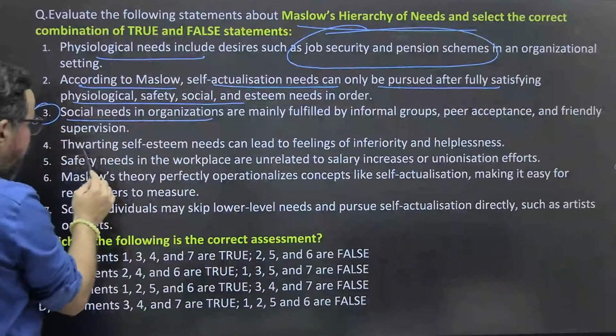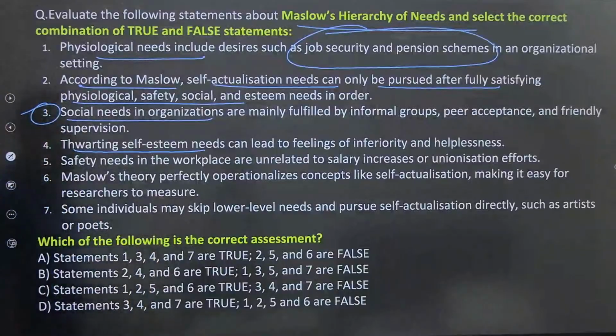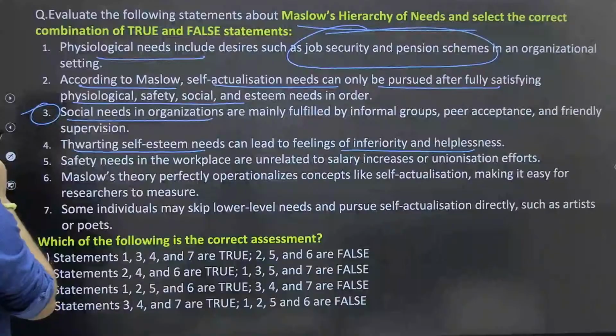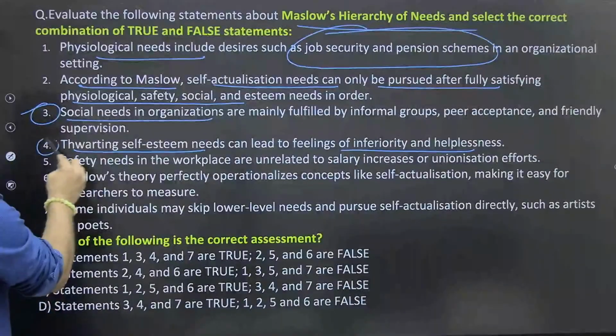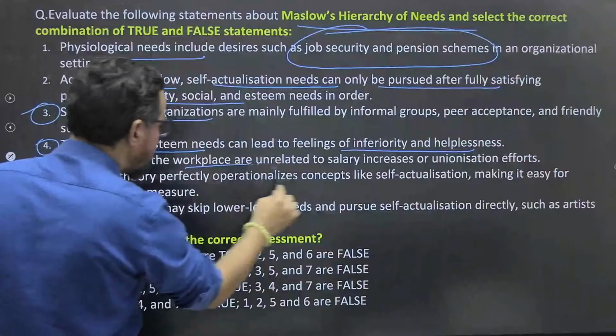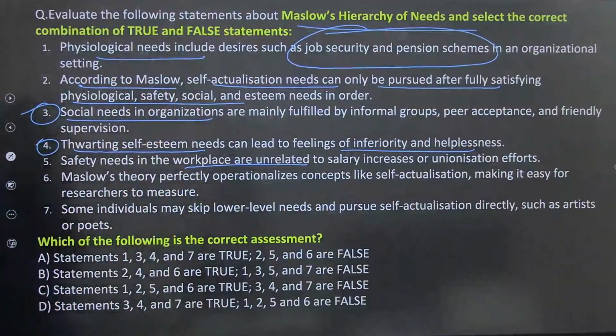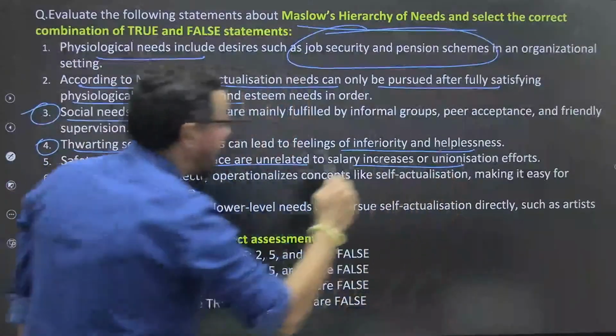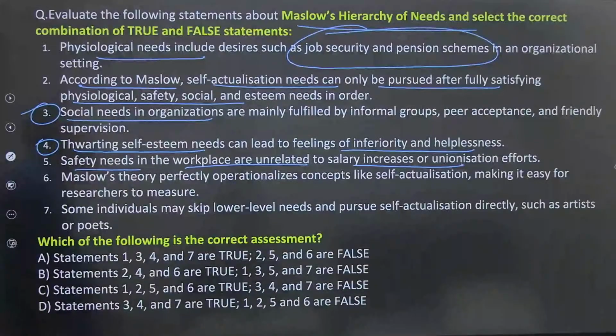Then we have thwarting self-esteem need can lead to feelings of inferiority and helplessness. Okay. Then आपका safety need आपका related to salary increase or unionization effects आपका, ठीक है, that is generally part of this one, ठीक है.